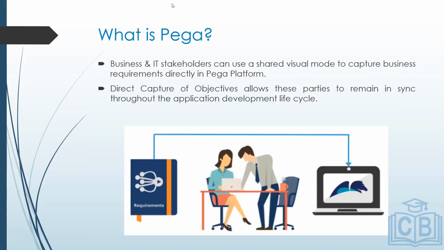When I talk from the perspective of business users, if you observe, the business and the IT share the same kind of visual mode to get your business requirements and specifications. Instead of using other tools like Jira, Kanban boards and all of that, I can directly get my requirements in the application itself. I don't need any Excel sheets. Other tools like Jira and Kanban boards aren't required. I can directly get the requirements into the PEGA application.